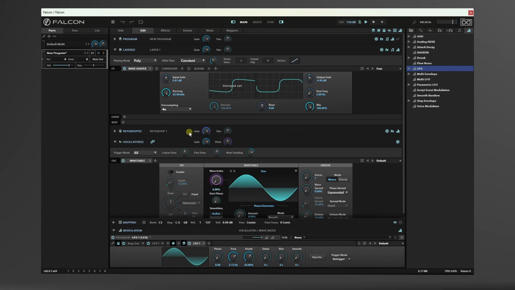If we come to our gain within the key groups, then that's going to take us to our amp envelope, which is assigned to the key group gain. So this is a quick way to access and manage the parameters for any modulators that you've added to your particular patch. And we've got a ton of different modulators that we can make use of: attack, hold, decay, analog,